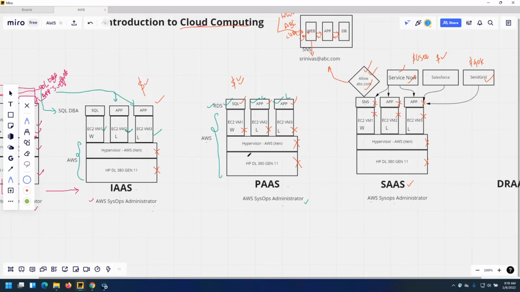So how is it charged for platform as a service? I just missed that one. Platform as a service, it is not a server, it is an RDS, right? Your SQL will be allocated with, let's say, 2 CPU and 4 GB memory and 50 GB hard drive. So for this, $0.1 for example per hour. Now, if you are increasing 2 to 4 CPU and 4 GB to 8 GB RAM, this might become $0.2.